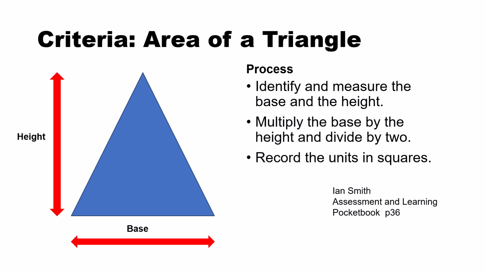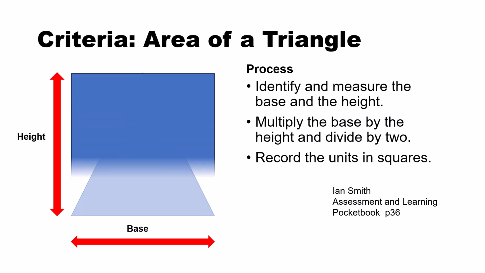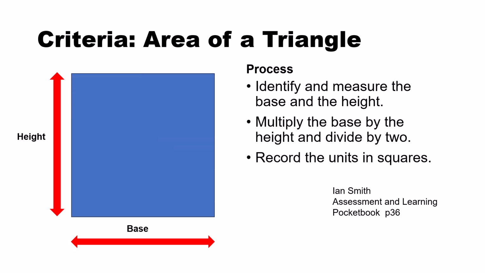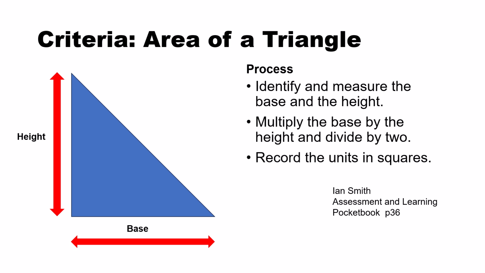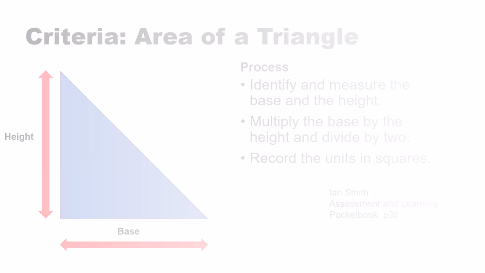Ian Smith's book on assessment for learning is a decent book, but I think we can do a lot better with success criteria. He suggests that learning process is a better way than learning facts. In this example, he shows the process of learning to find the area of a triangle. For me, a better way is to give children a square piece of paper. They know the area of a square by that stage, get them to fold it in two, and ask them to work out a formula for the area. It's better because it's a hands-on activity, and that's where robots excel.